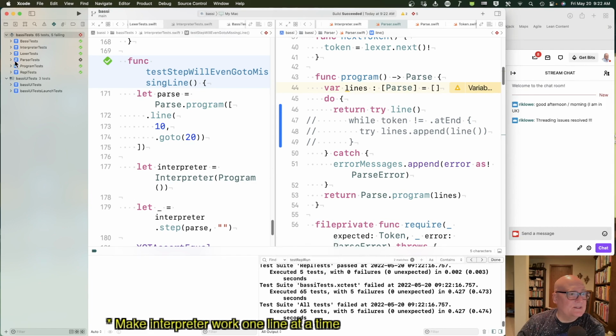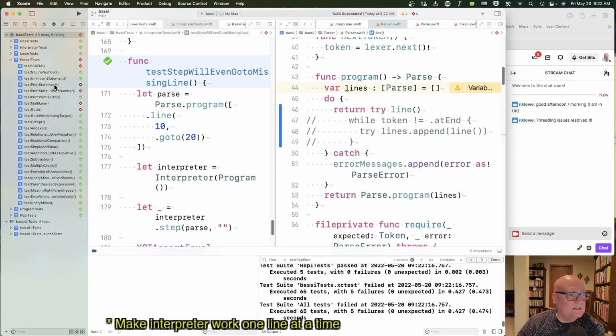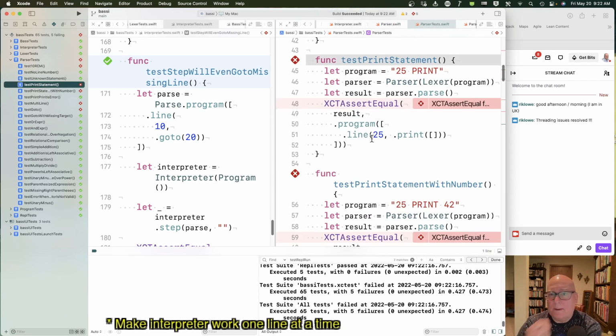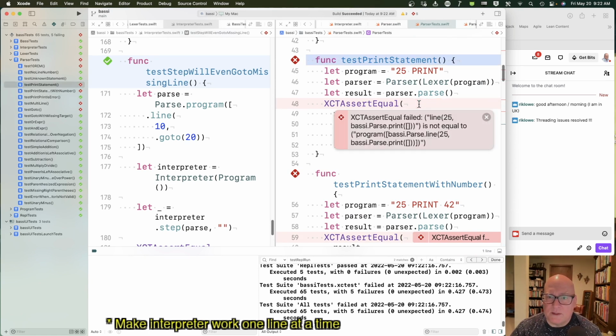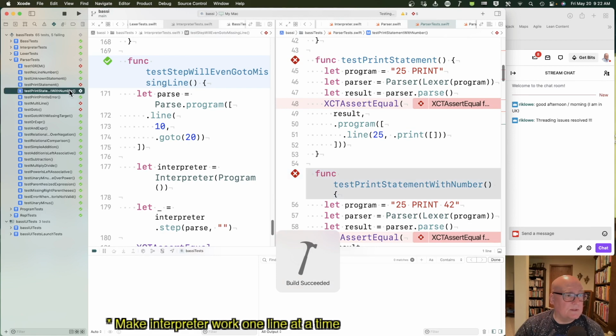Okay, 5 failures, and where are they? Parser tests. Print statement. Okay, that shouldn't matter. Program equals 25 print. What did we get? Line 25. Print is not equal to program. Right. We're not getting program back anymore. We're only returning lines. All right. If that's all they are,